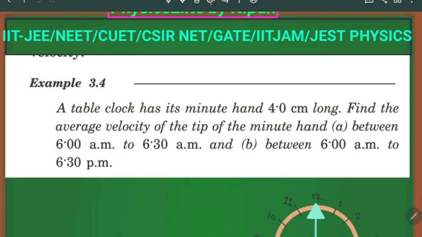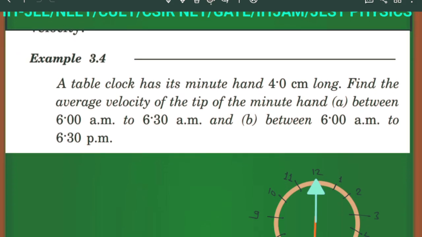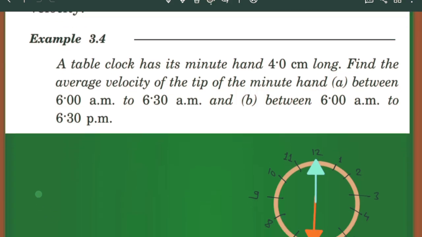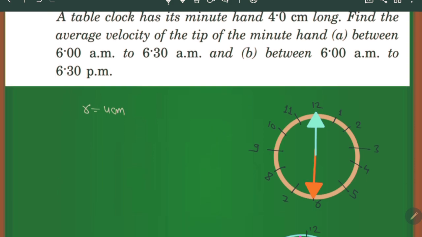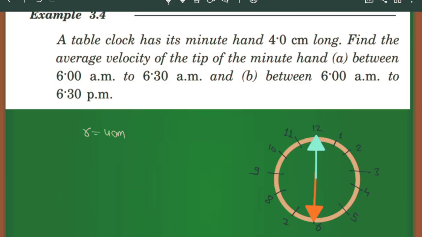A table clock has its minute hand 4 centimeter long. Find the average velocity of the tip of the minute hand. It means the minute hand is 4 centimeter long, which means they have given the radius, 4 centimeter, right? Find the average velocity of the tip of the minute hand. It is like this. Suppose this is our